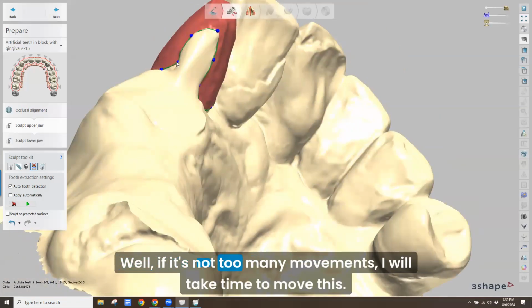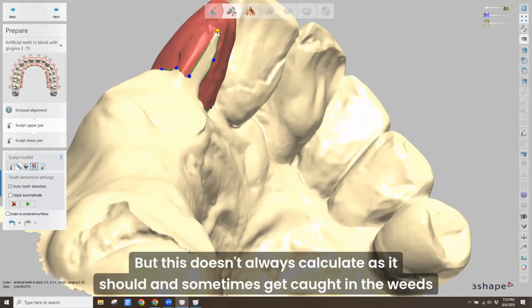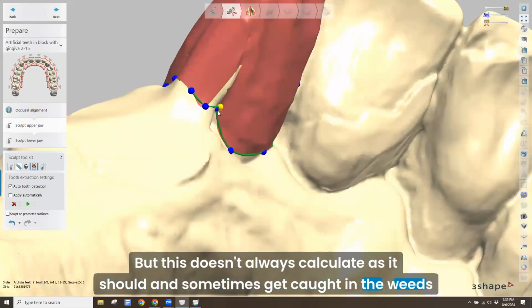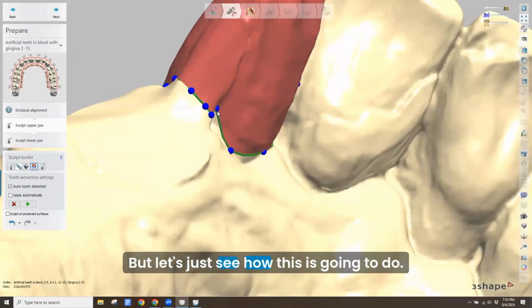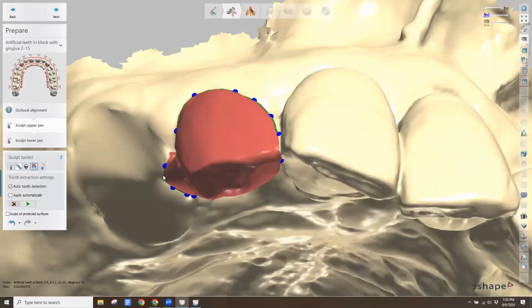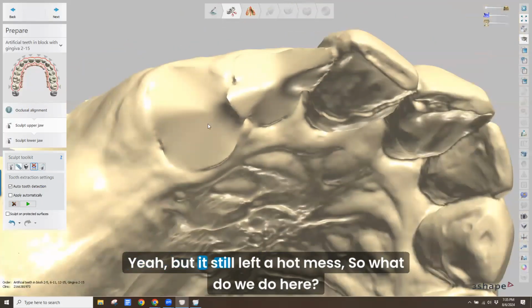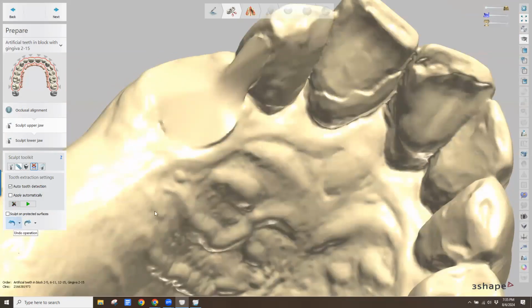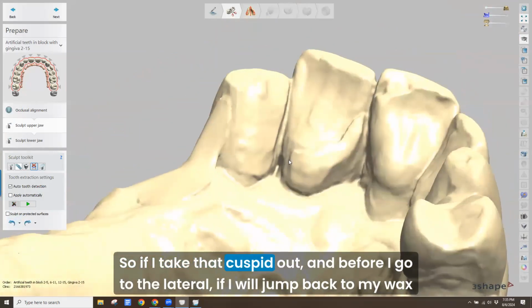Well, if it's not too many movements, I will take time to move this. But this doesn't always calculate as it should, and sometimes I get caught in the weeds here, but let's just see how this is going to do. All right, let's see if that applies. Yeah, but it's still left a hot mess. So what do we do here? So if I take that cuspid out,